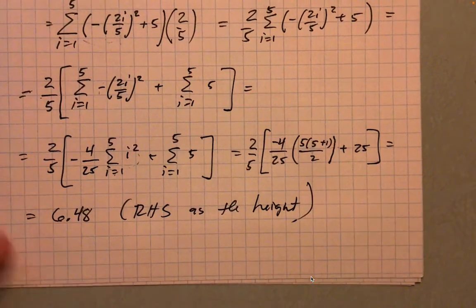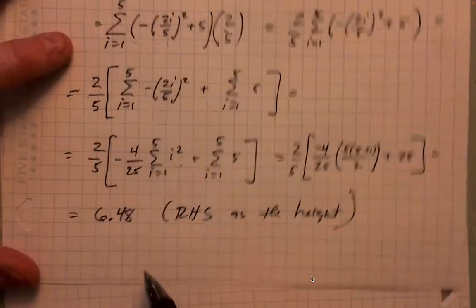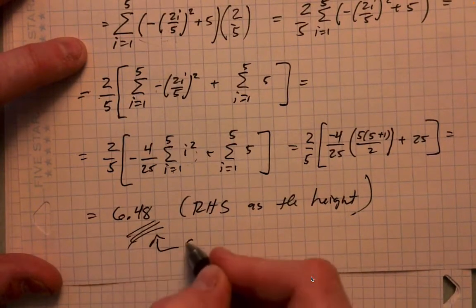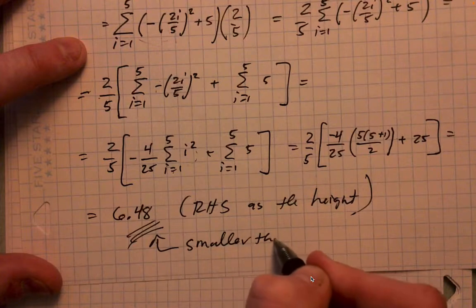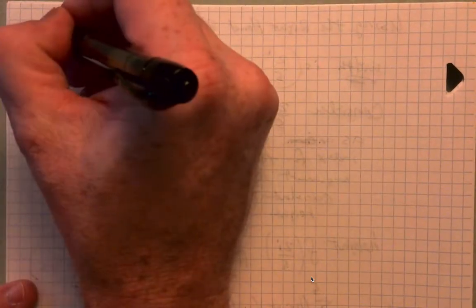Okay. What happens if we use the left-hand side as the height? Well, we're naturally going to get a different answer, right? So if you recall, the right-hand side would produce an area smaller than actual. The left-hand side should produce an area that's larger than actual. And that's specific to this function because this function is decreasing on the interval 0 to 2. But if we do the sum based on the left-hand side,